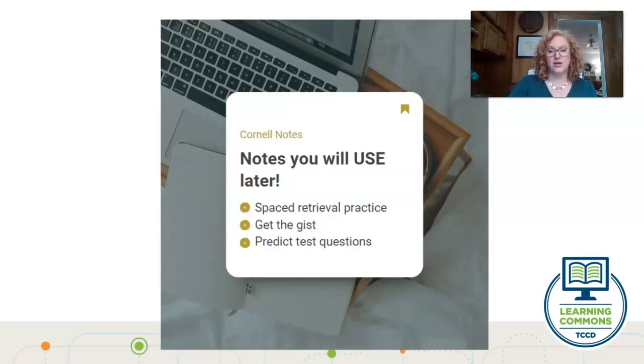So just a reminder, the notes method I just shared with you has notes, cue, and summary, with the idea that you are engaging in spaced retrieval practice every time you test yourself on what you wrote in the cue section. You're summarizing the gist of the notes in the summary portion, and hopefully, as you get better at Cornell Notes, you will begin to predict test questions. All of these are sure to help you become the outstanding student, knowledgeable person, and attractive job candidate you are